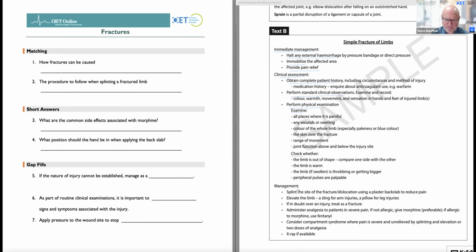Check. Down here, management: splint the site of the fracture, elevate the limb, administer analgesia, consider X-ray. That's really enough for me. I've got a general idea. This is all about assessment and management, isn't it, everyone? So we know the focus. And I always pay attention to structure because these are instructions. I can see lots of verbs. As I scroll further,